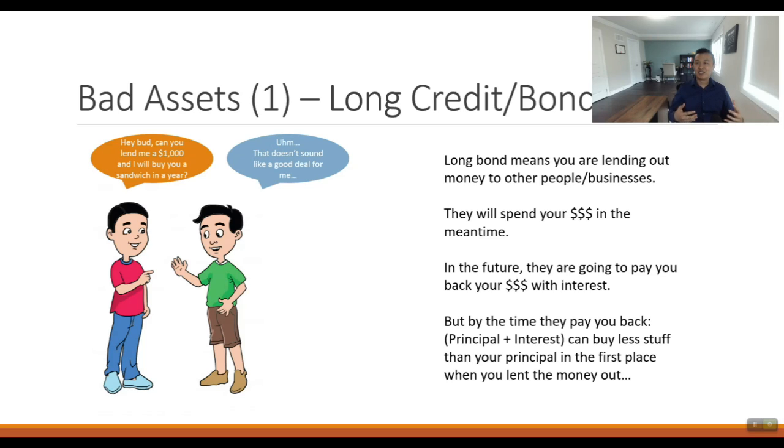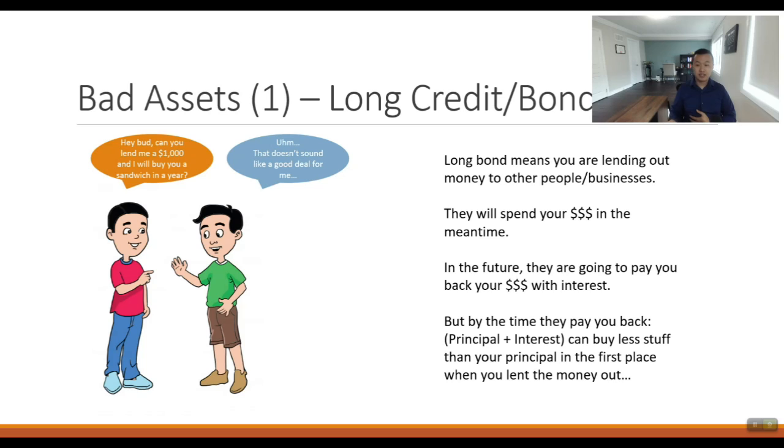So what does that mean? If I borrow $1,000 from you, say, you as a viewer, you give me $1,000, I can buy whatever. I can buy an iPhone, right? And in a year, the dollar gets weakened so badly that $1,000 doesn't mean much, and I pay you back $1,000 and $10 interest, 1% or 2%, $1,020, and this $1,020 can buy you a hamburger because that's how bad inflation has turned out to be. Now this is an extreme example, right? This is not going to happen in real life, but this is basically the same idea.